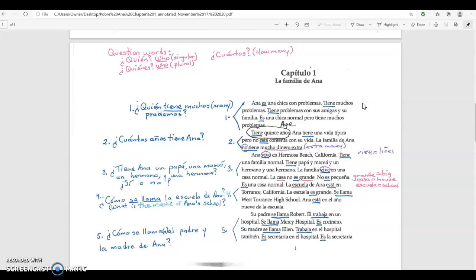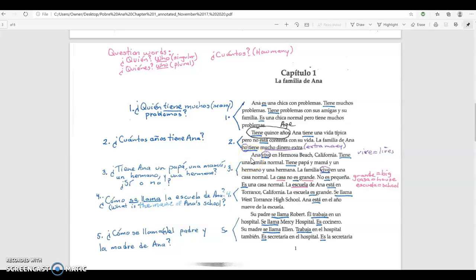So for context clues, let's look at this first sentence in the third paragraph. Ana vive en Hermosa Beach, California. Now, in just that one sentence, there is a verb, vive, which is a word that perhaps you don't know. So how do I understand what's being said? Well,